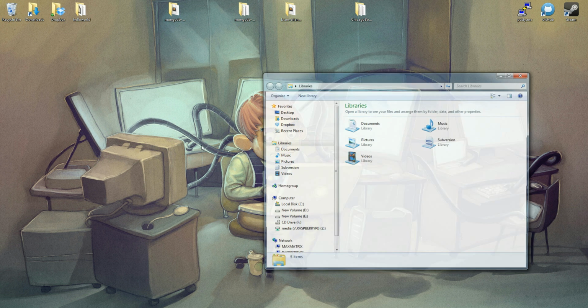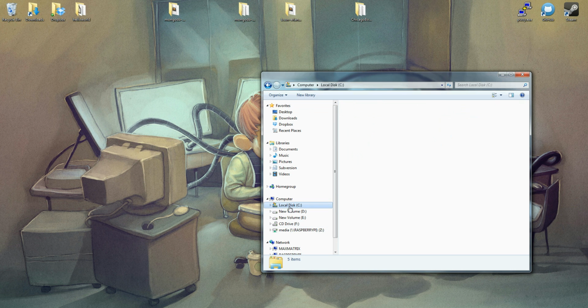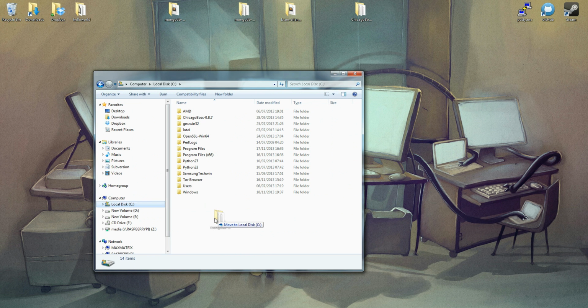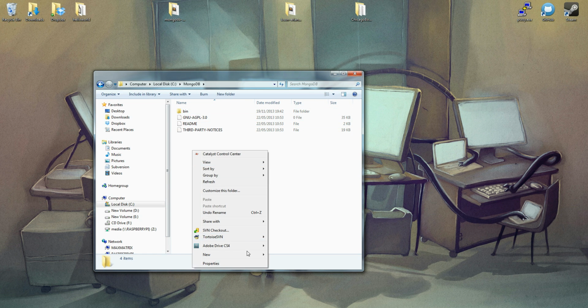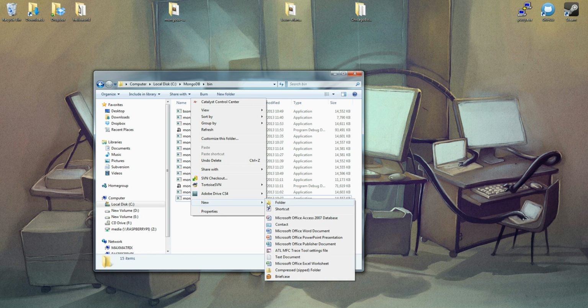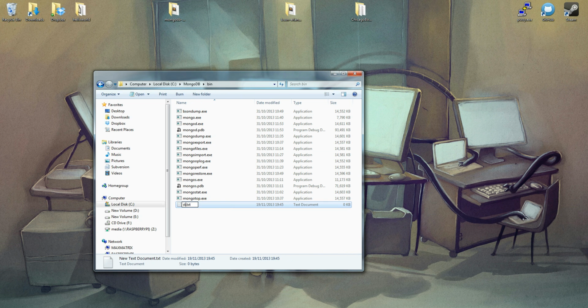The first thing we want to install is MongoDB. So let's go to our root directory and we drag the MongoDB folder in there. I like to personally rename it to mongodb. And inside the mongodb folder, we want to create another folder which is going to hold our data, called mongodata. And then in the bin directory we create a batch file called startmongo and change the extension to BAT,